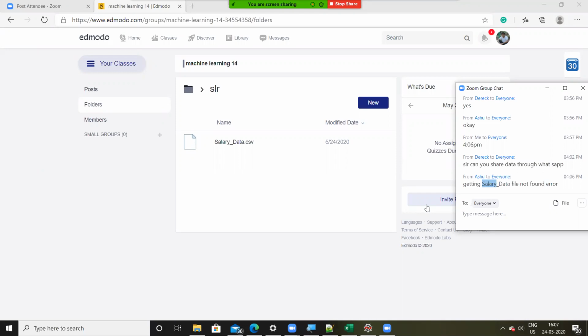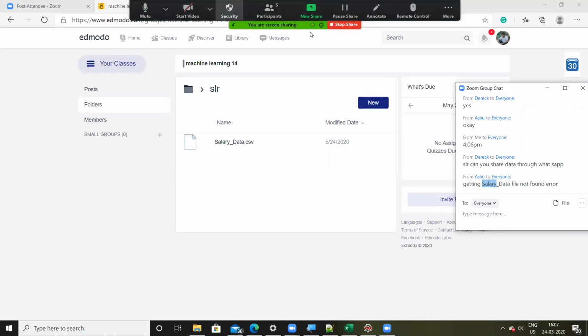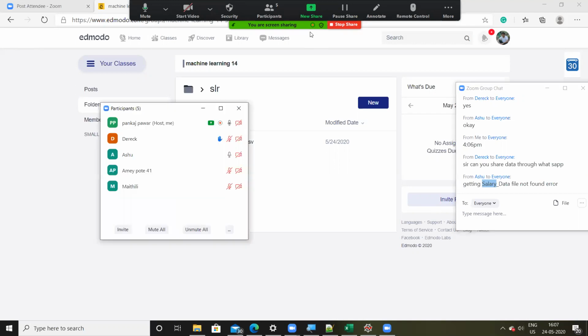Just make sure that your program file and your data file are in the same location. Sorry, come again, Ashu. So they're in the same location. Okay, then we'll take a look at it.